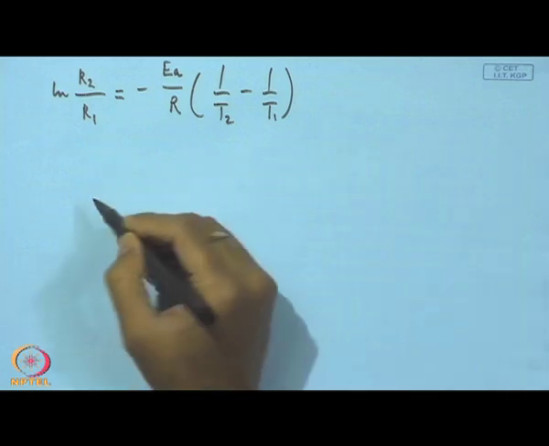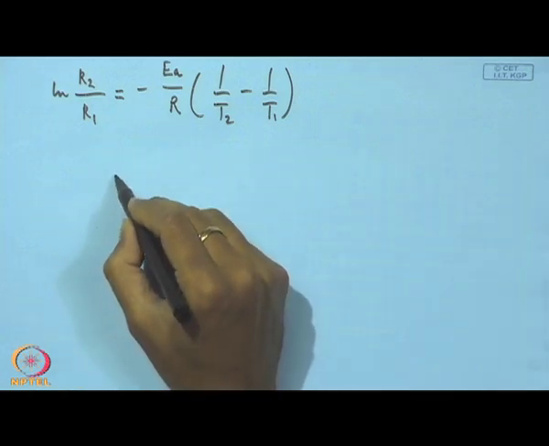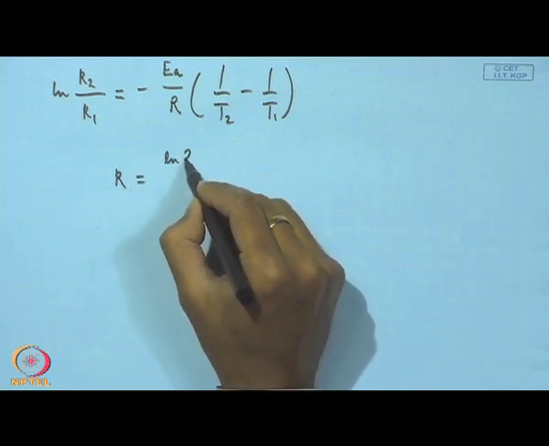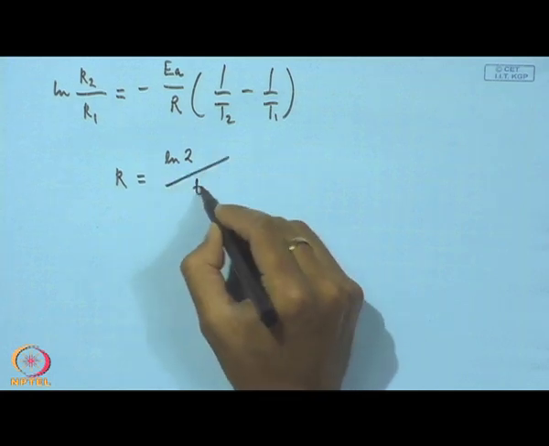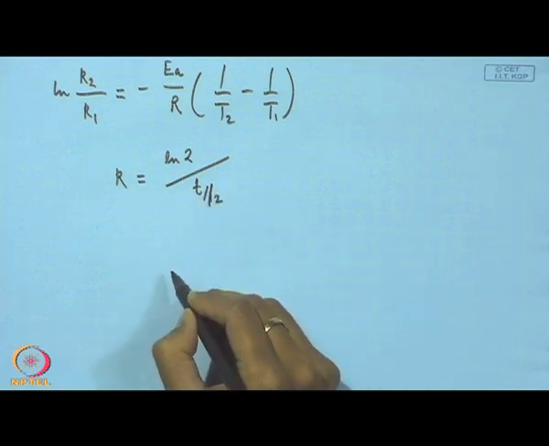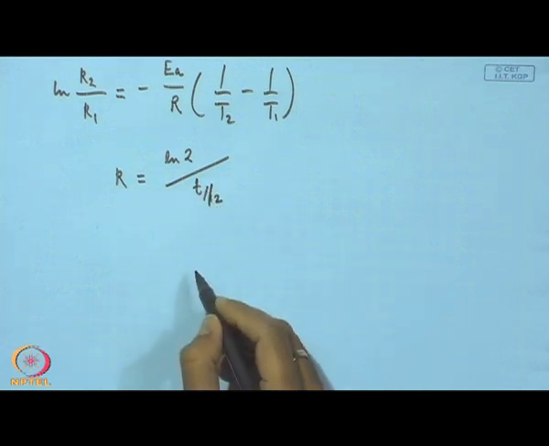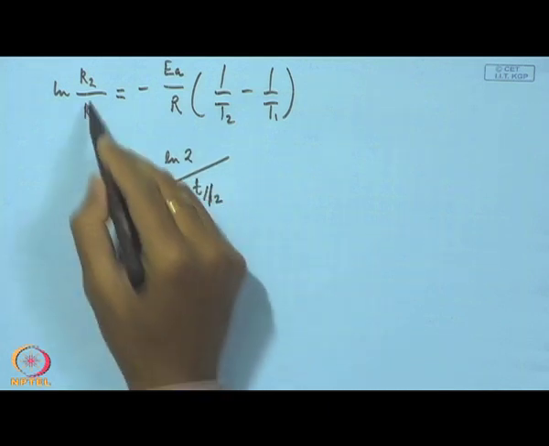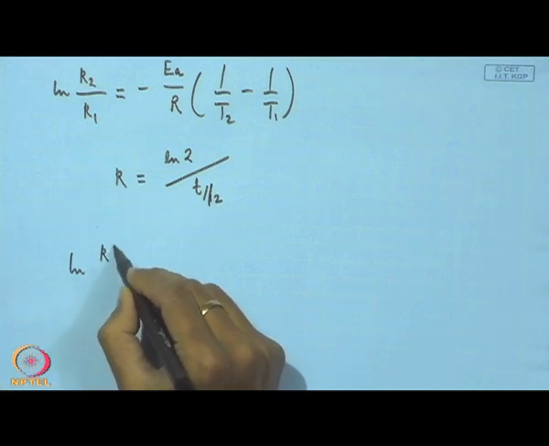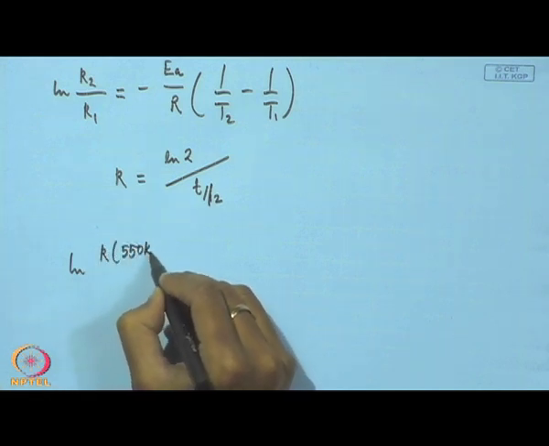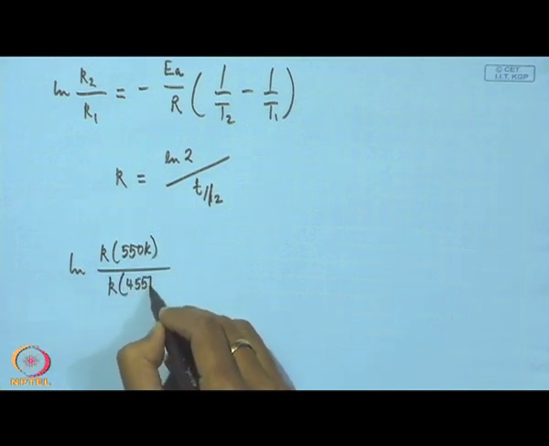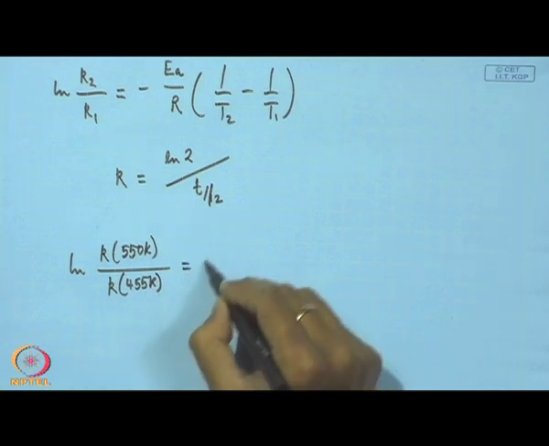And for your first order reaction, K is equal to ln 2 divided by T half. So, we can just plug in this information over here. That means we should write ln K at 550 Kelvin divided by K at 455 Kelvin is equal to